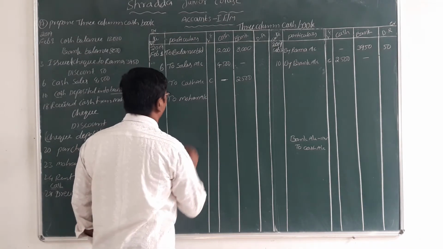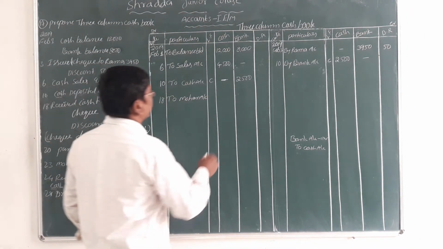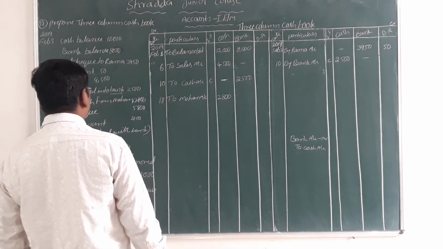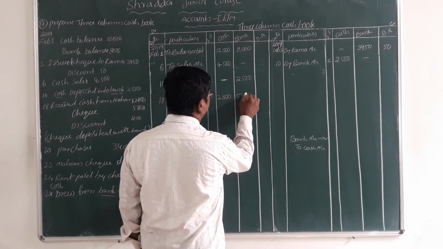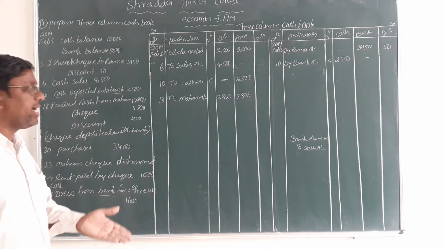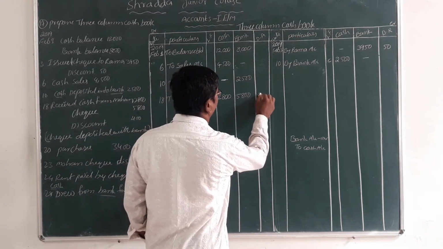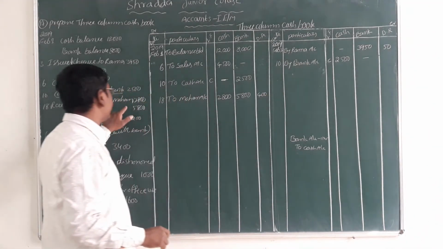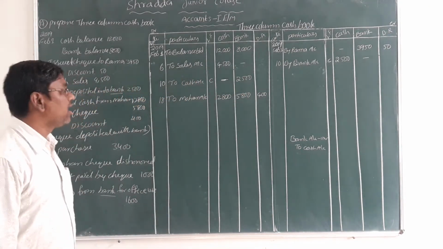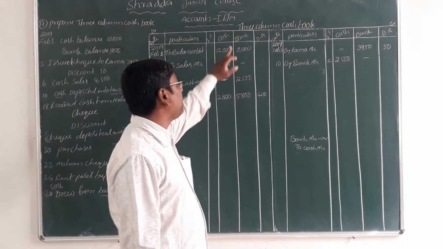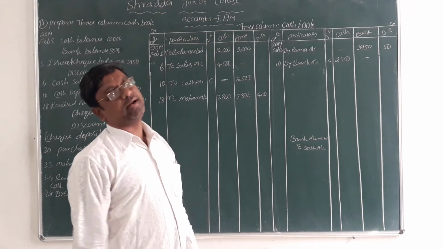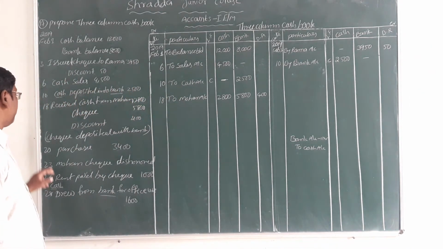To Mohan account, the amount is what? Cash amount is 2,800 and check amount is 5,800 and discount, which is discount allowed, isn't it? The amount is what? 400 rupees. We can record the remaining transaction that day. So discount also comes to that side. Okay now, so cash we can record 2,800, bank we can record 5,800, discount we can write 400 rupees, students. Okay now it is completed.